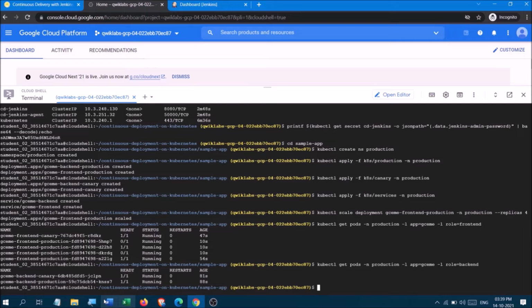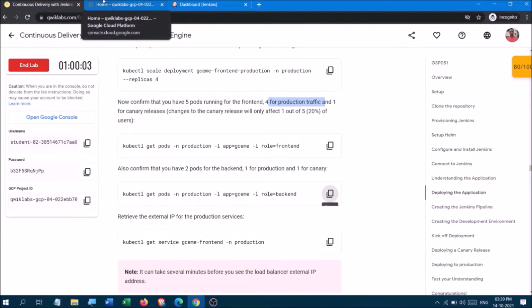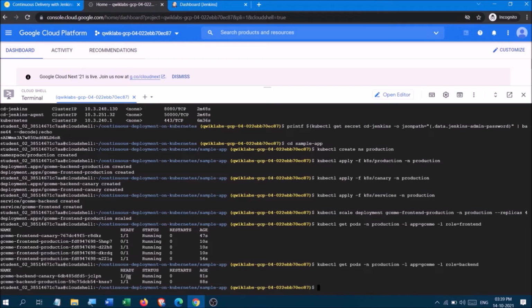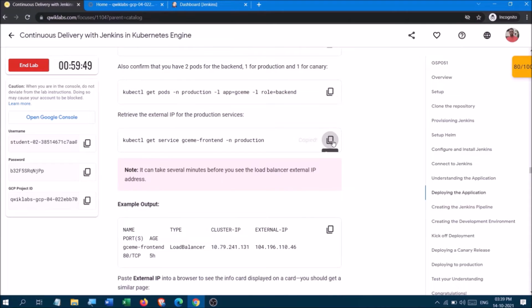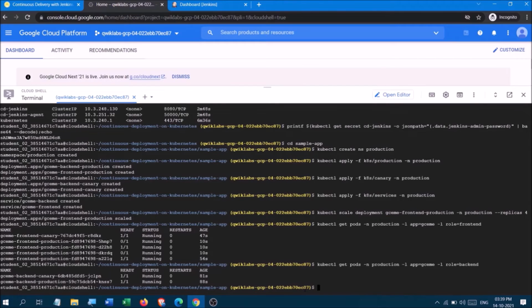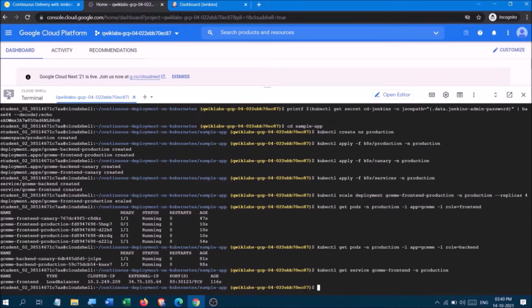This is for the backend part, and in the backend part one is for canary, another is for production. Okay, so this is the backend part and this is the front end part. Yes, now we'll copy this. Yes, we got our external IP.